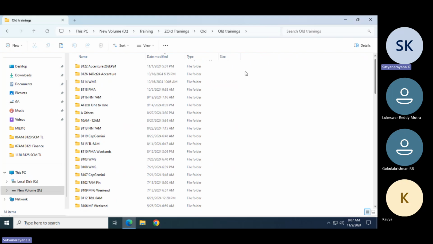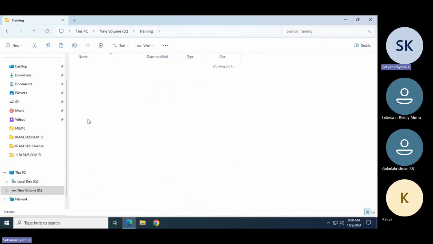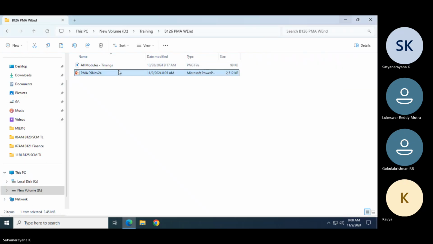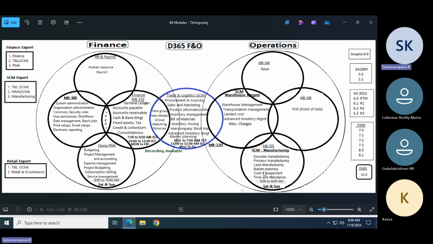I'm an MCT, Microsoft Certified Trainer. This batch is the 126th batch. I'm an expert in all these modules, like 5.